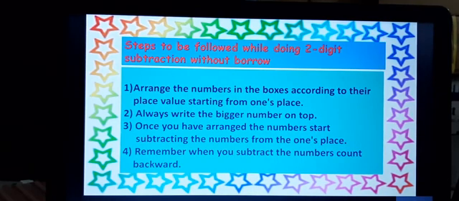If it is given as 6 minus 3, you have to go backward. In 6, you have to remove 3. So if you go backward, it is 6, 5, 4. If you remove those, what is left? 1, 2, 3 is left. 3 is left there. Like that, you have to go backward. I'll show you the examples so you'll be more clear about how to subtract without borrowing. The 2 digits which you already learnt in your second class, you have to revise here. We'll see the examples, children.